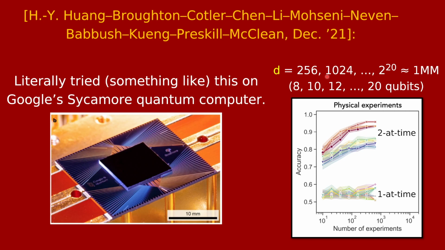And they really tested out how well you can do at this kind of task if you can build a 2 at a time measurer, which they were just barely able to do with this quantum computer, versus a 1 at a time measurer. And I won't really get into what these numbers mean, but you can see from the pretty picture here that indeed with the 2 at a time measurer, you could solve this task quite well, and with the 1 at a time measurer, you couldn't. Okay, so in the upcoming videos, we're going to get into even more sophisticated quantum stats algorithms building on this one.